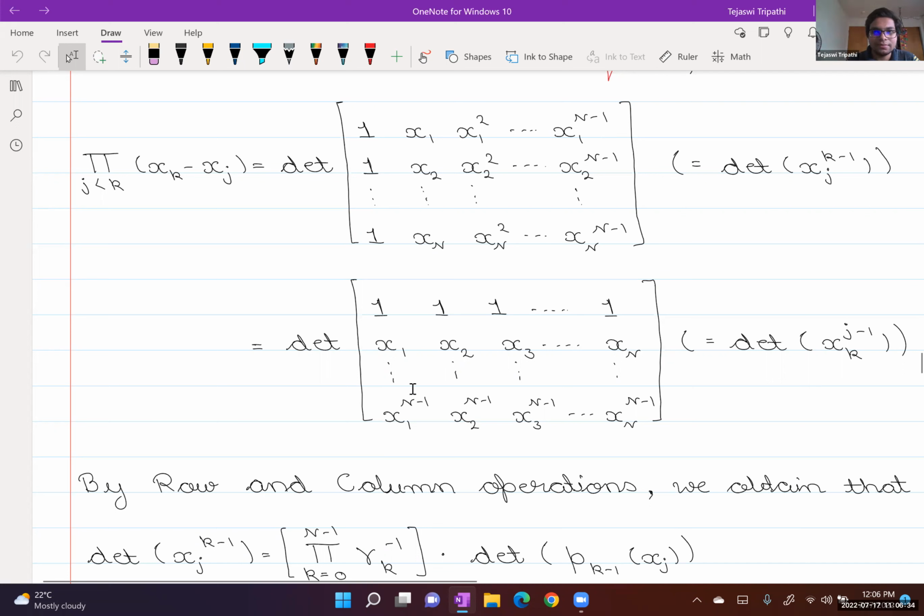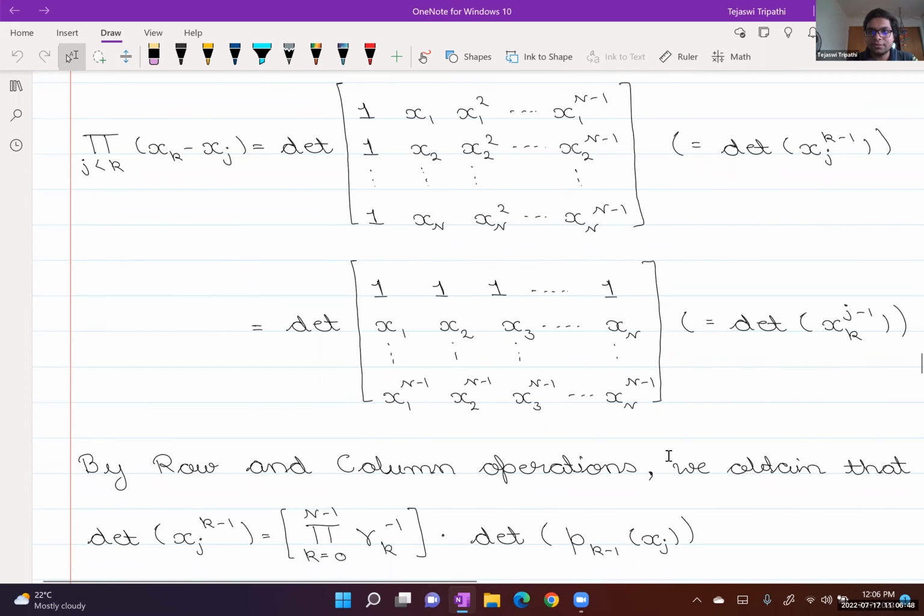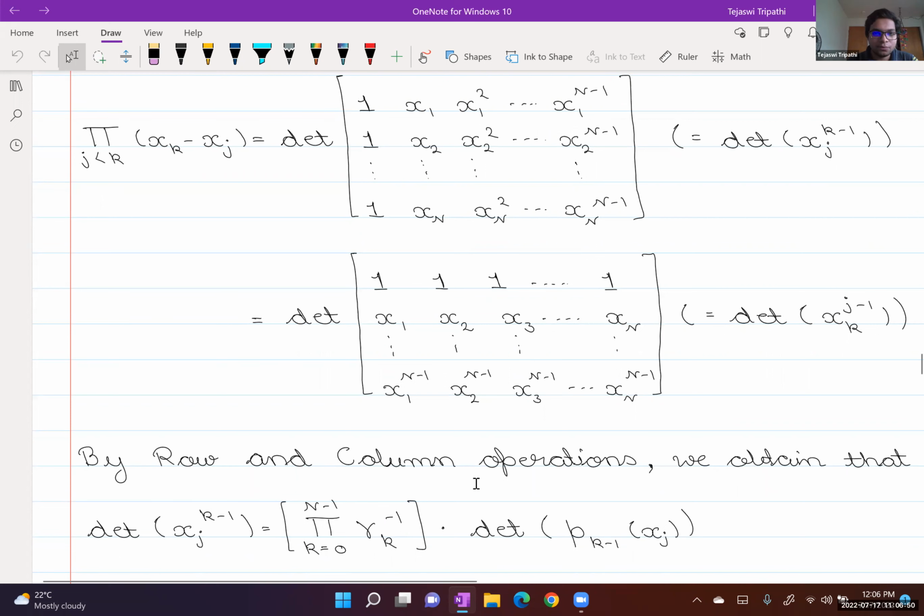Remember that these will be monic polynomials. I can multiply and divide to make it any polynomial. So this in fact holds for any polynomials. So by row and column operations, since we know that the determinant is unchanged, what I can do,